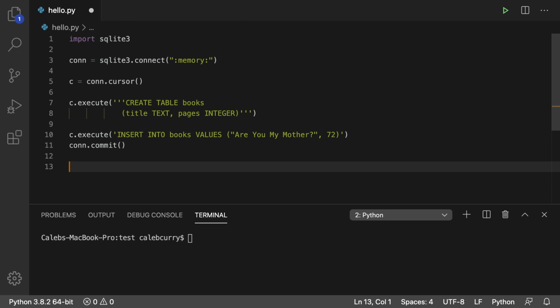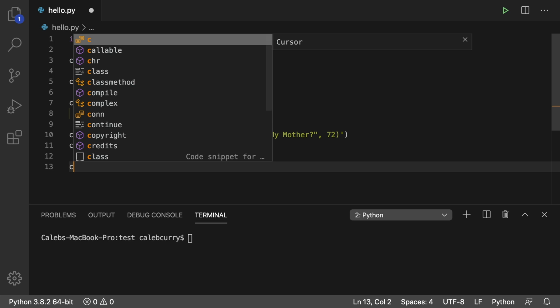Hey everyone, welcome. In this episode, I'm going to be teaching you how to retrieve data from a table in SQLite using Python. So far, we've created a table and inserted data, now I want to get that data back out. So to do this, we say